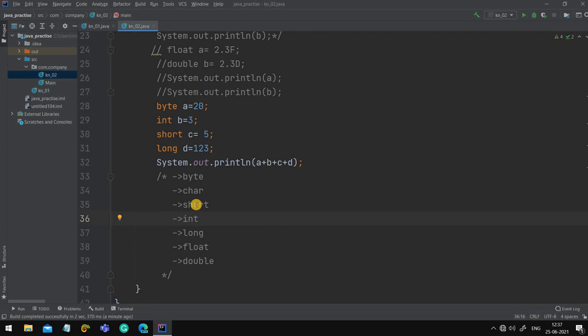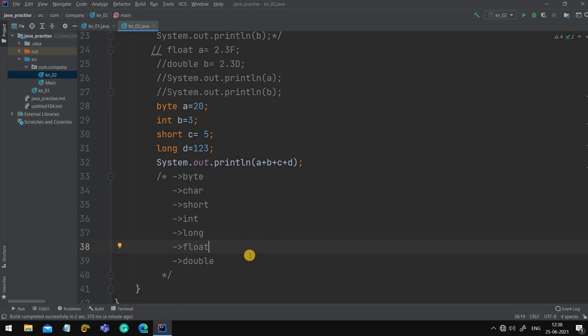With byte, short, int, long, long is down, so the output will be long. When float and double are added, the output will be double. Float and byte added give float. Basically the lower one is the data type the output has. Got it? So the increasing order is downwards.